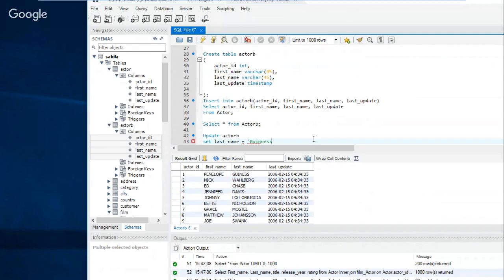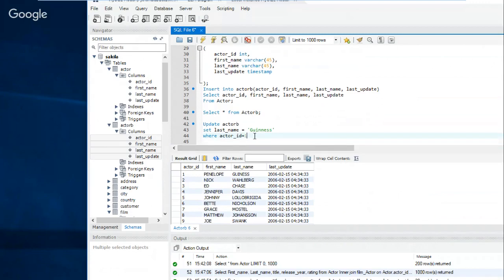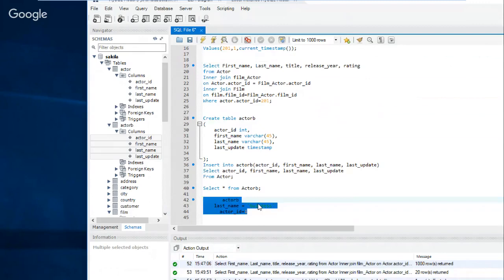Let's give it 2 ends. And then I'm going to say where actor ID equals 1. Now this is the way you really want to do it, where you're limiting it with a where clause. When I update it, it will change